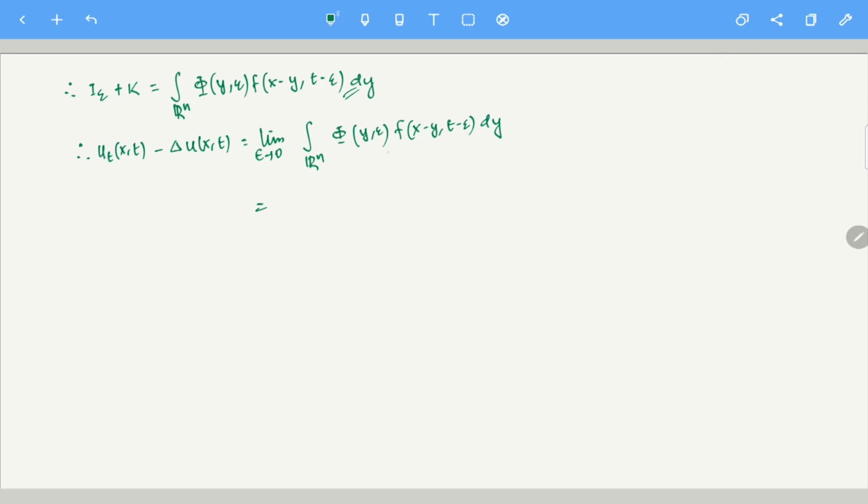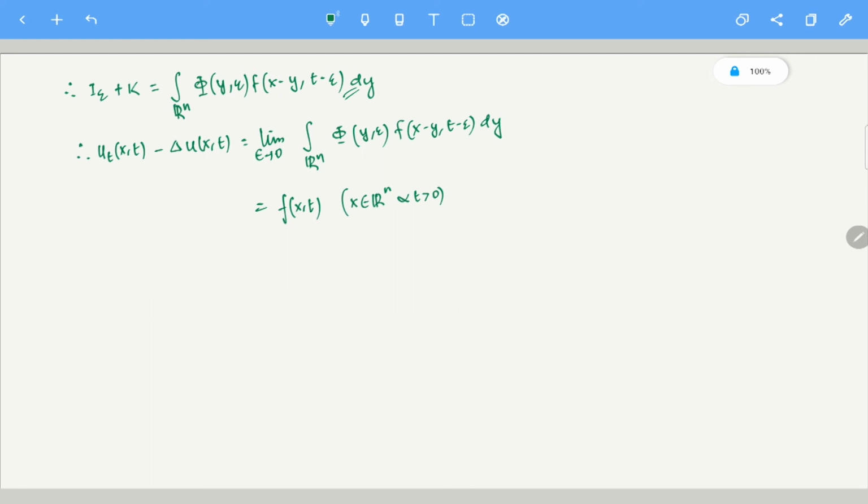So let's think straight about this. If you take epsilon tends to 0 inside the integral, let's say this becomes phi of y0 f of x minus y, t dy. If you integrate this and take the limit as epsilon tends to 0, this will actually go to f of x,t, for x in Rn and t positive. So sorry about the other part, you do not have to take it inside.